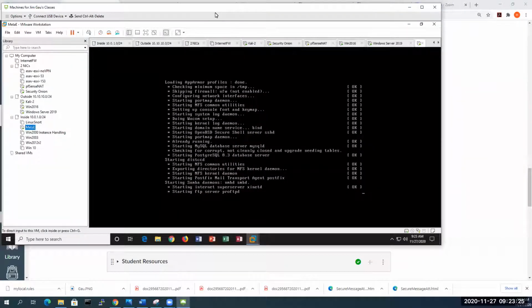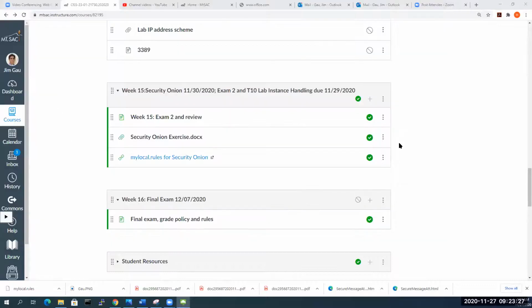In this video, we're going to record the Security Onion exercise. We're going to cover the document Security Onion here on week 15. You click the Word document, download it, and also download the rule. For simplicity's sake, I already copied this rule into the Security Onion image. Once you open the Word document,